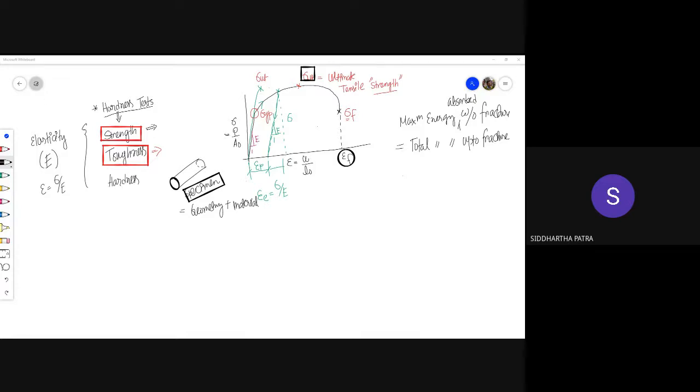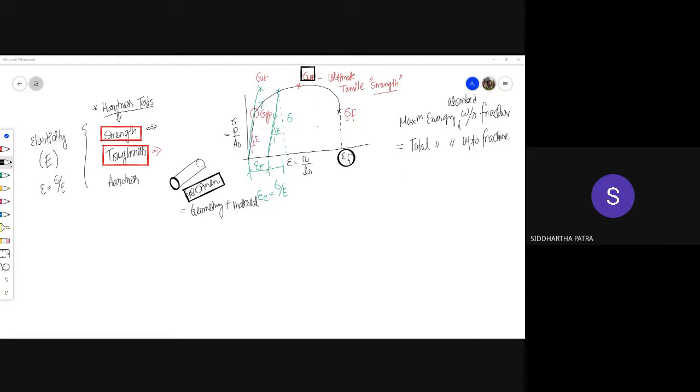So what we are trying to do is isolate the properties of the material from the properties of the specimen. For example, if I am talking about the property of a component, I can take the spring. When we talk about a spring, we don't talk about Young's modulus. We talk about the spring constant, which is essentially an elastic property for a linear spring, the ratio of the applied load to displacement. The definition is very similar to the Hookean definition of Young's modulus, which is the ratio of stress to strain